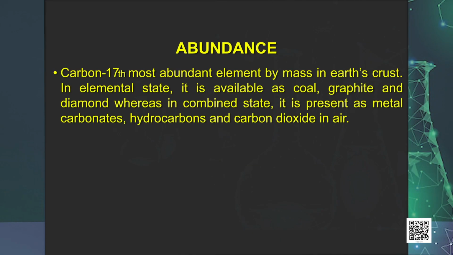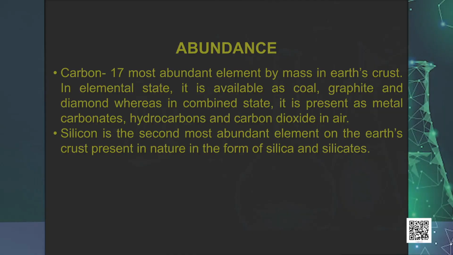When we talk about the abundance, carbon is the 17th most available element by mass in the Earth's crust. In elemental state, it is available as coal, graphite and diamond, whereas in combined state, it is present as metal carbonates, hydrocarbons and carbon dioxide in air. The combination of carbon with other elements provides an astonishing array of materials ranging from living tissues to drugs to the plastics. Our entire organic chemistry is devoted to carbon containing compounds, as it is an essential constituent of all